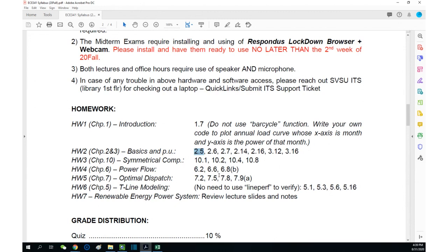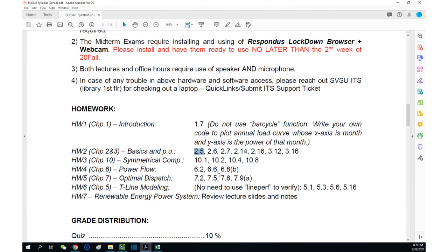But since it is online, I don't mind it being open book, okay? Because the quiz is not under lockdown browser. I haven't talked about that. The quiz is not under lockdown browser, so I don't mind it being open book. I will give you sufficient time, maybe 1 hour, a double amount of time for you to do the